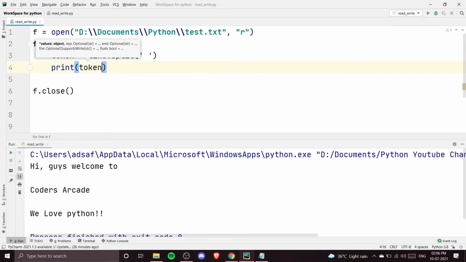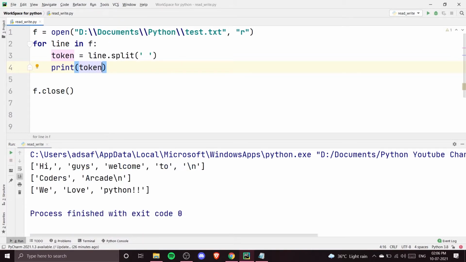tokens. If I write here token and run it, let us see. You can see each word is now separated from white spaces, and white spaces are not being counted. This is what line dot split does.